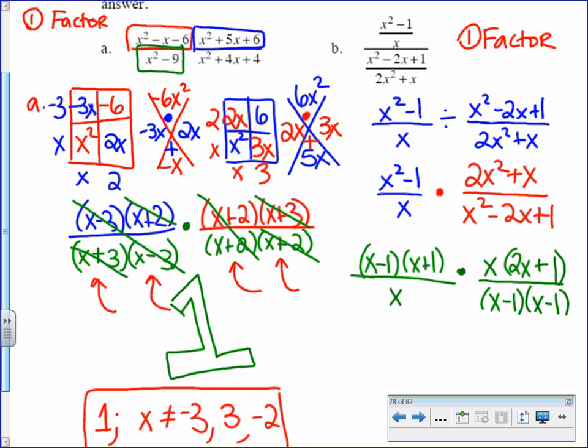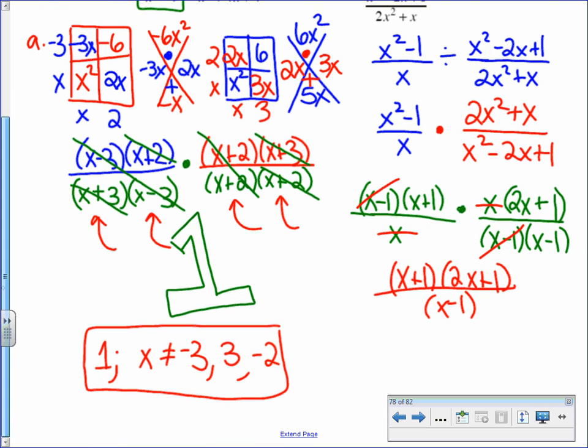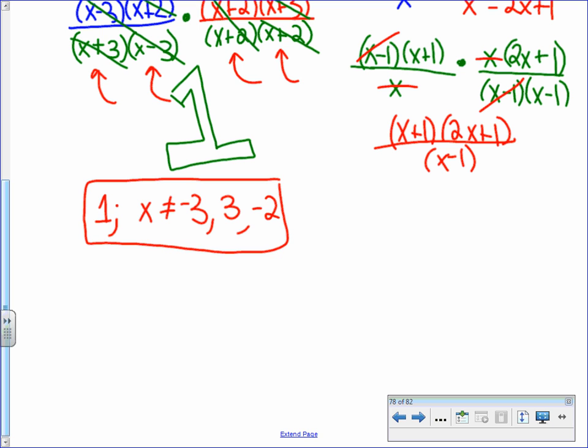So I'm going to look for some giant ones. I see x minus 1, x minus 1. I also see an x on top and the bottom, so those can cancel. So I'm left with x plus 1 times 2x plus 1 over x minus 1. You can leave your answer like this. It is technically not the most simplified though. The most simplified would actually be to multiply out that numerator and get 2x squared. The middle would be 3x plus x, so 4x plus 1 over,